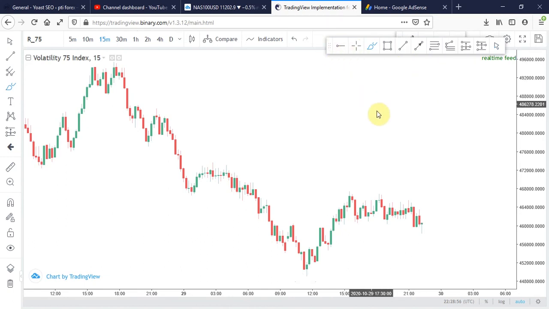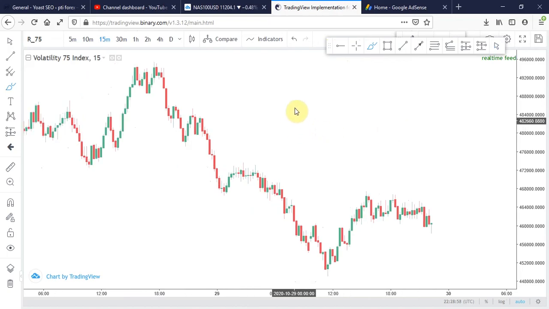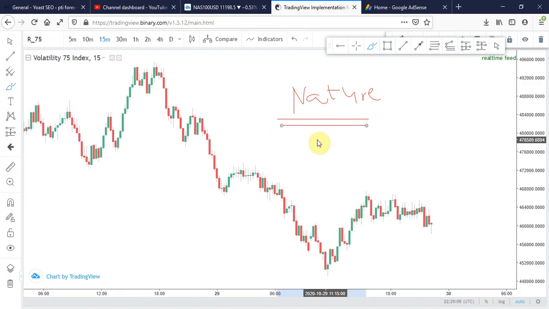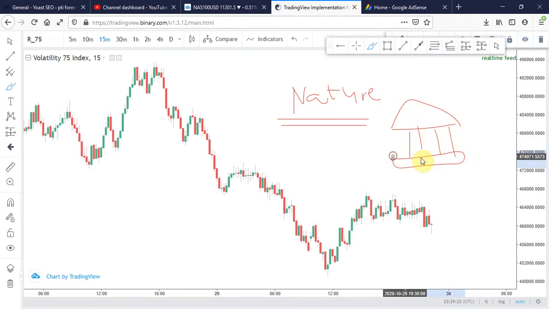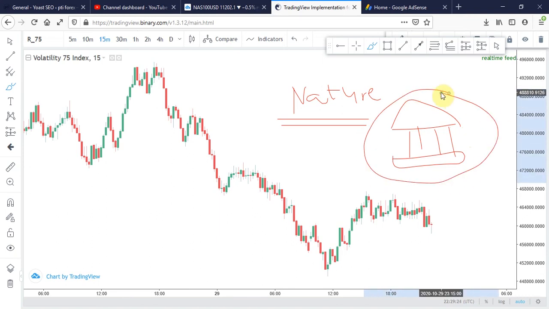So the first thing that you need to understand as a trader is the nature of this asset. You must understand the nature of this asset. When I'm talking about the nature, I'm talking about the fact that this is not a currency, or an economic asset. So if it is not an economic asset, the way it behaves is not going to be affected by economic news, economic events or any other economic factors, because this is a synthetic